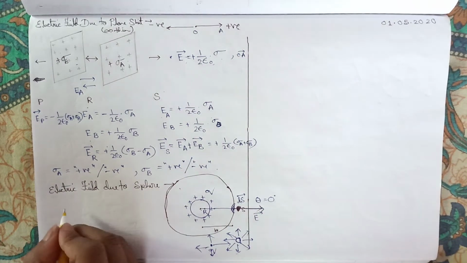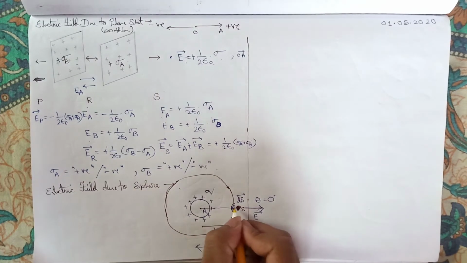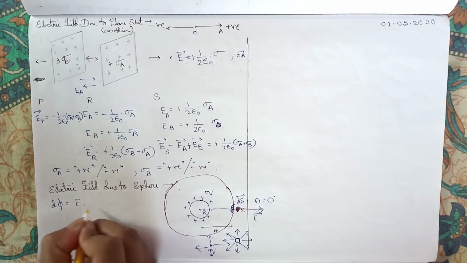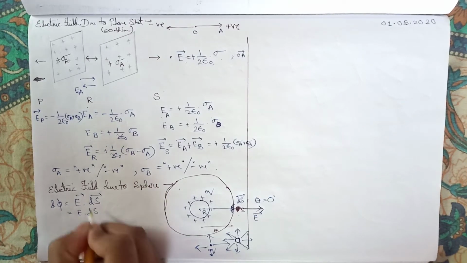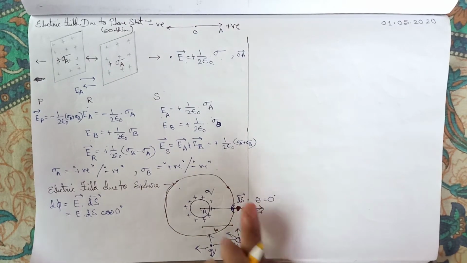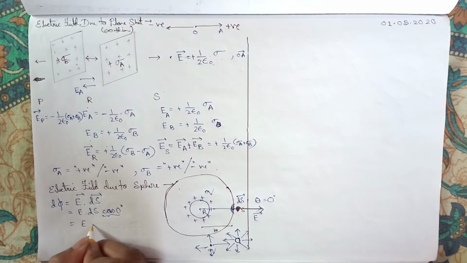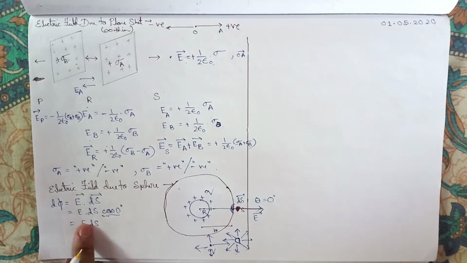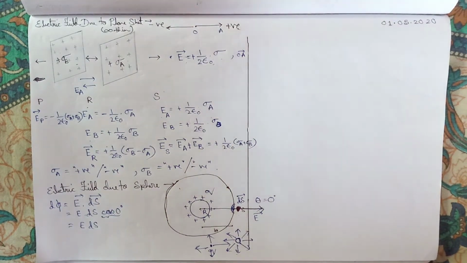Now we'll put in Gauss law. First we have to find the flux for this small elementary portion. The d phi will be E dot ds, and we know E dot ds means magnitude of E, magnitude of ds, and cos theta, which is cos 0 degrees, because the angle between E and ds is 0, so cos 0 is 1, giving E ds. That part I skipped in my previous videos. I directly wrote d phi equal to E dot ds because in almost every case cos 0 degrees is 1. That's why I skipped it.